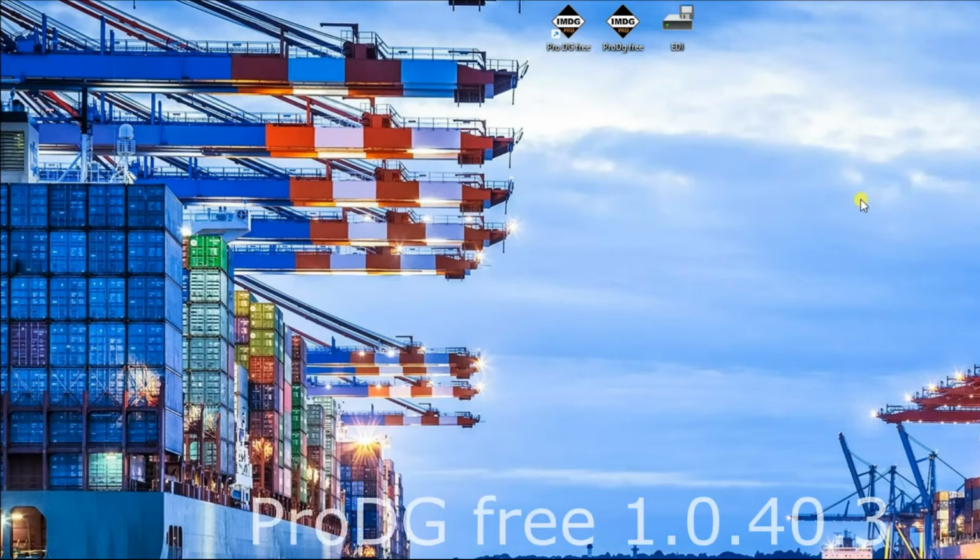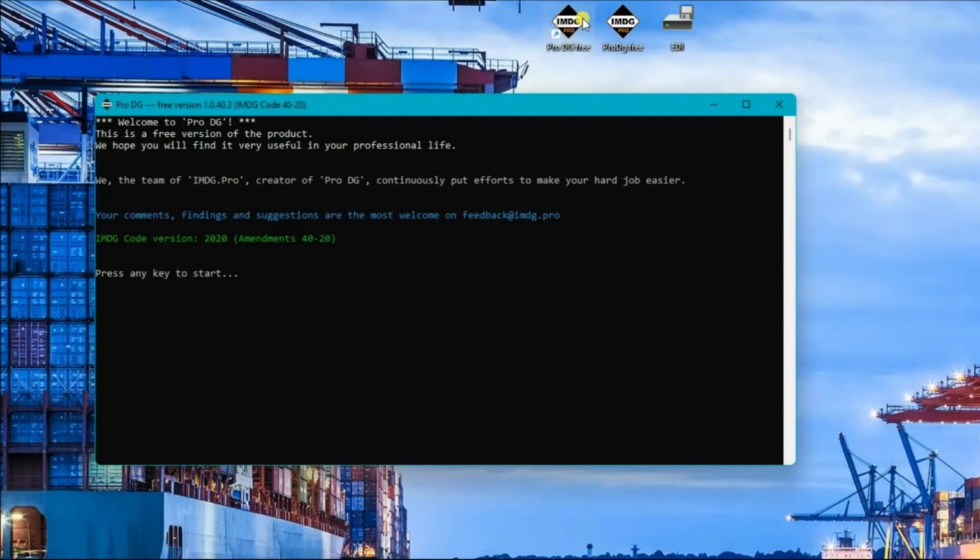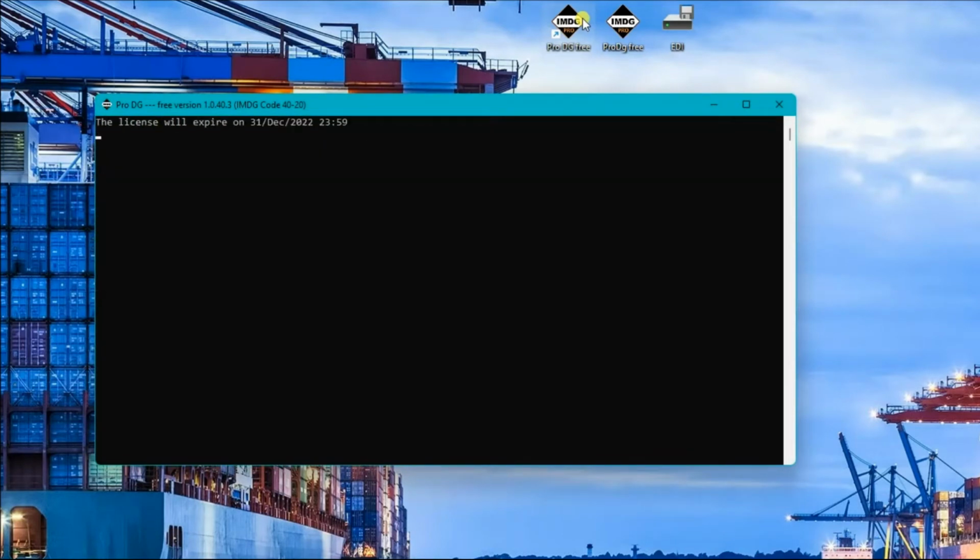In this video we'll talk about how to create and modify a ship profile. The first time you run ProDg, you will get a notification that the ship configuration file was not found. Do you wish to create it? It will take you some time and will require some detailed information about your ship to complete the creation of